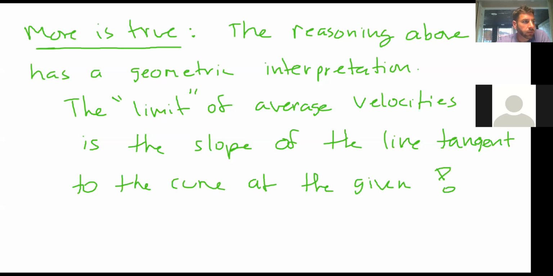So what do I mean by this limit of average velocities? Well, let's go look at Desmos. So what I'm going to do is I've already have these graphed here because this is what I was using to do the quick calculations. So if I change my graph here,